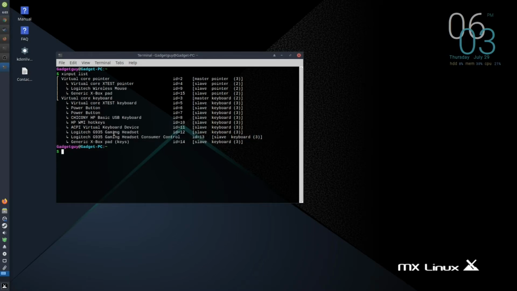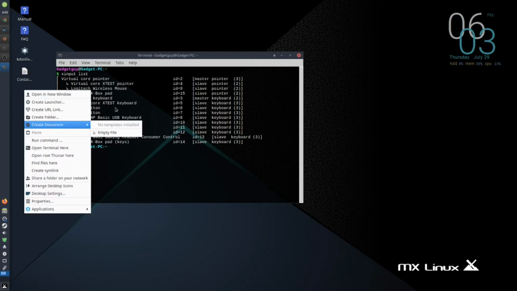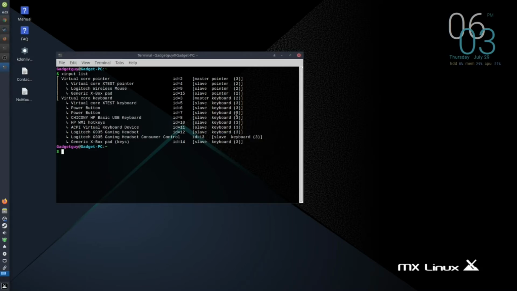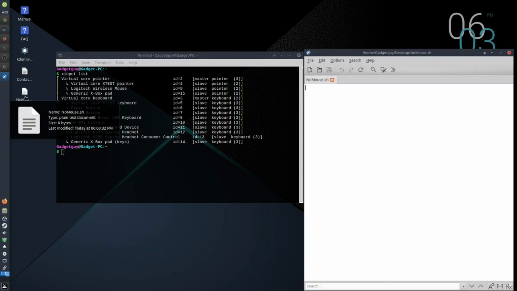Next, what you're going to want to do is you create a document as an empty file. And I like to name it no mouse, but to make it a bash file, you have to put .sh, so that you are able to put bash commands in there. Now, it doesn't do much at the moment. That's okay,